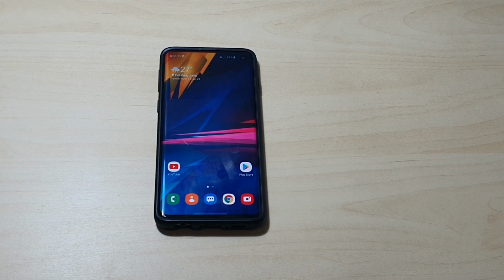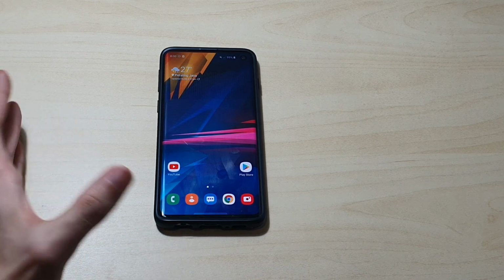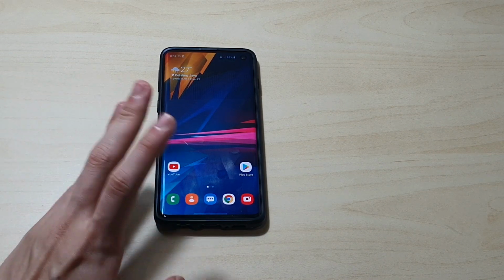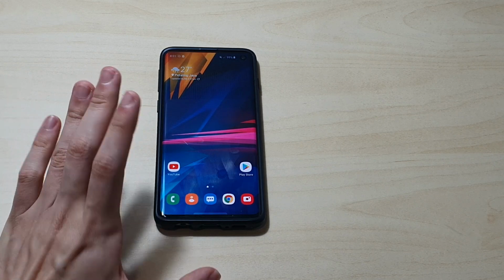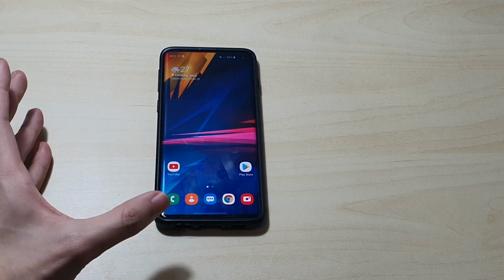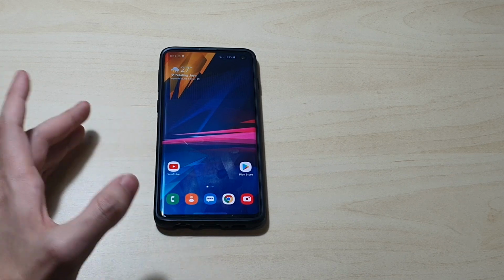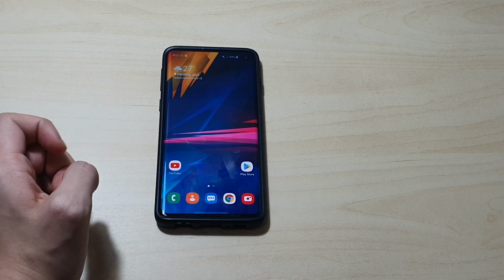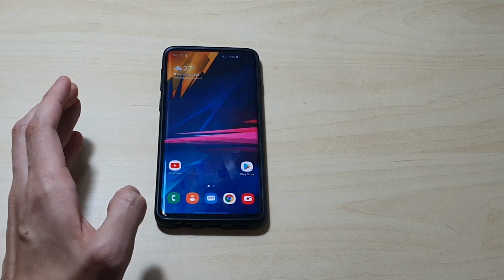Alright guys, welcome back to another video, and today we finally got the One UI 2.0 update here for the S10 and Note 10 series. So yeah, I have the S10 with me, so if you're having the S10e, S10 or S10 Plus, you will get the update. And also if you're having a Note 10, Note 10 Plus also, you also get this One UI 2.0 update. It's basically some of the features that we are missing from the S20 are now here